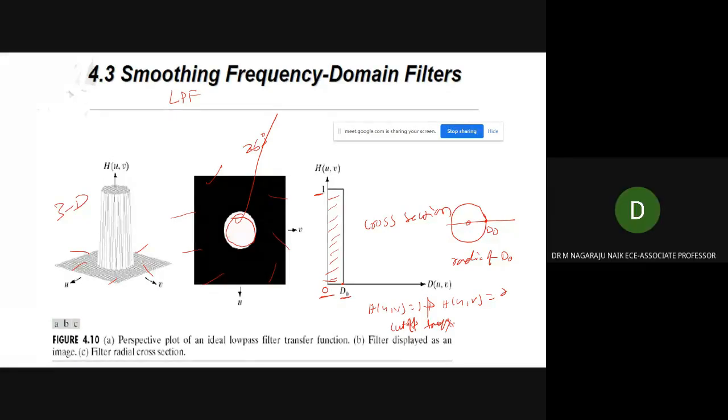Okay. Now, the blurring and ringing properties of the ideal low pass filter can be easily explained with reference to the convolution theorem.